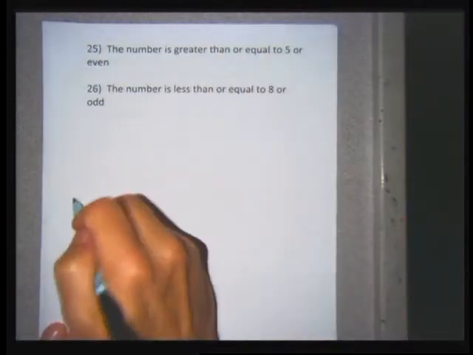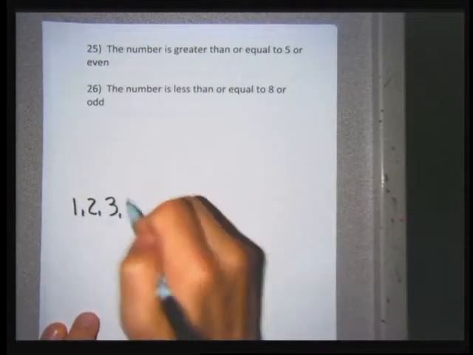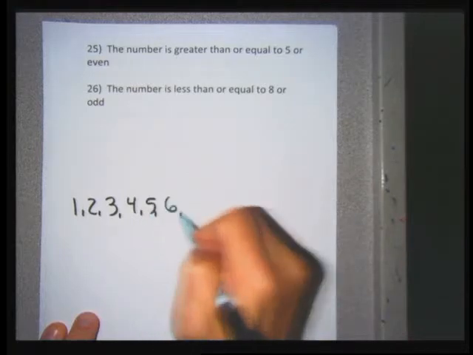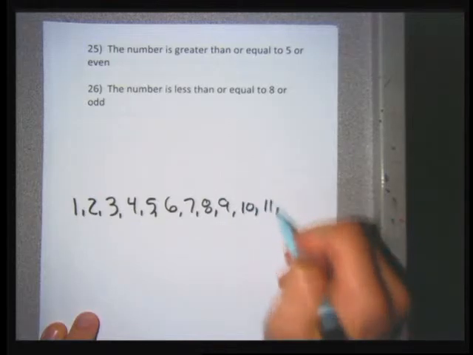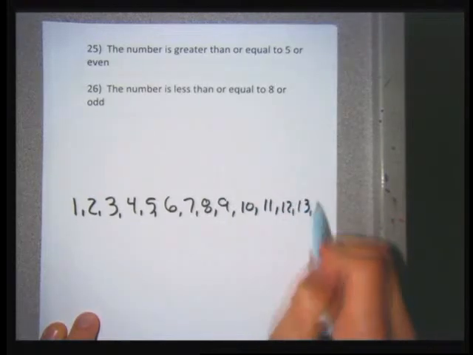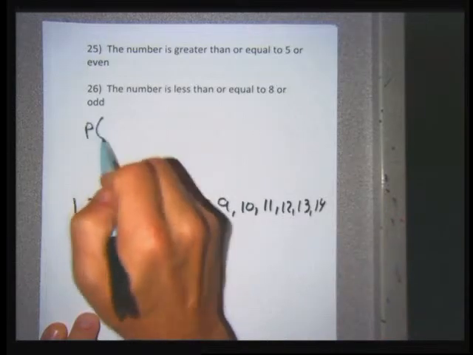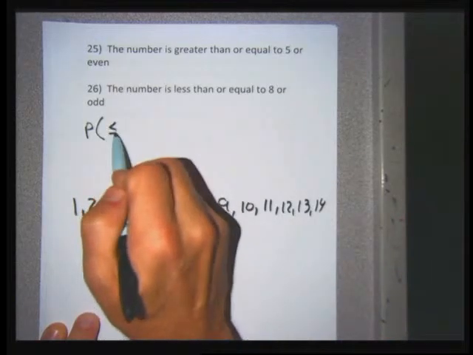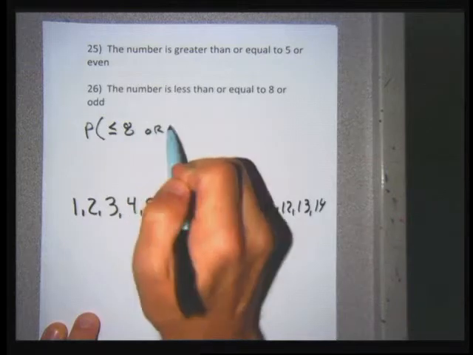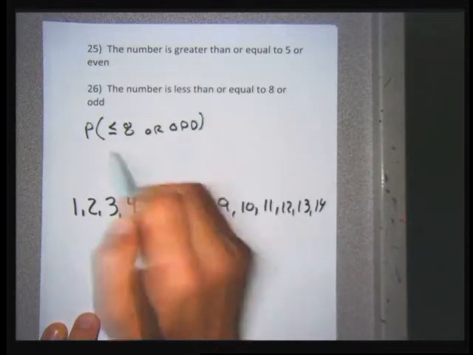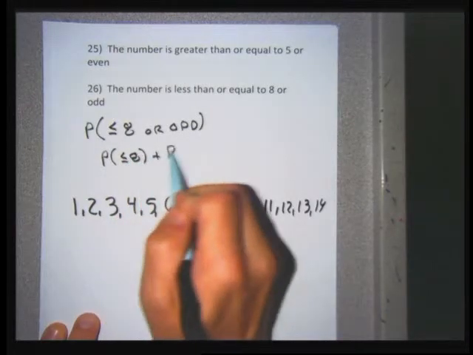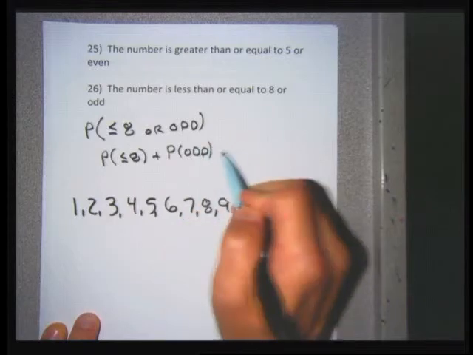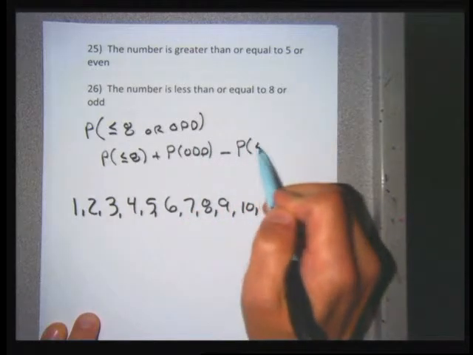I need to create that sample space again to do 25 and 26. Notice I'm maybe getting lazy and not putting the sample space in set brackets. It hardly matters for this problem. So I want the probability of getting a number less than or equal to 8 or odd. That's going to be the probability of getting a number less than or equal to 8 plus the probability of getting an odd number less the probability of getting a number that's both less than or equal to